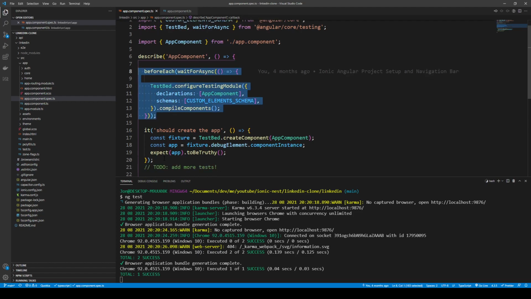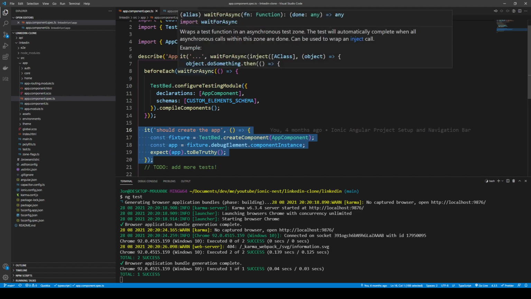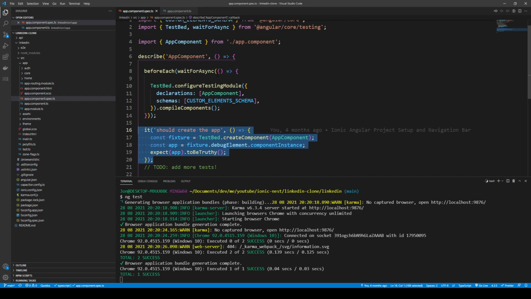This happens before every one of the unit tests. So we're essentially creating a new testing module for each test in this particular testing suite, and we have to use this waitForAsync keyword, which is sort of like using async before the arguments, and that's just because this is an asynchronous operation. It takes a little bit of time to configure the testing module when you type in the ng test command,